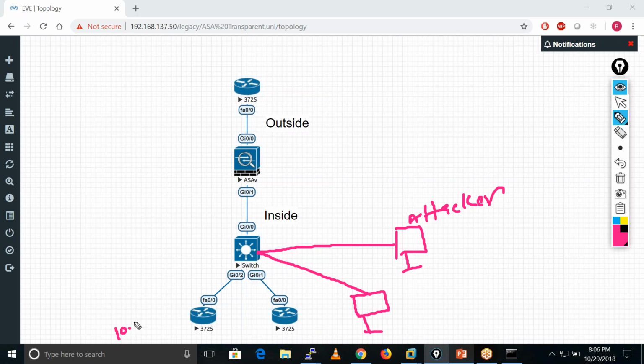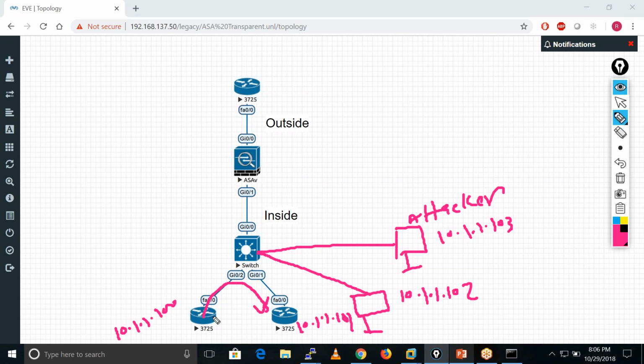We are having IP address 10.1.1.100 on this firewall, 10.1.1.101 on this router, and 10.1.1.102 on this one. Okay. And let's suppose the attacker has this IP address, 10.1.1.103.